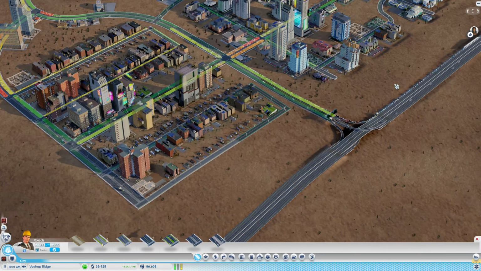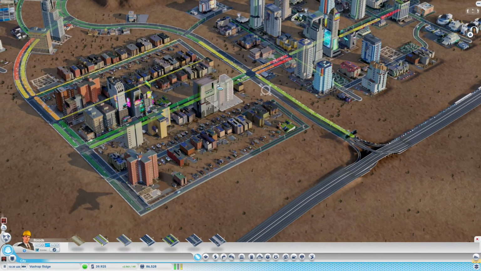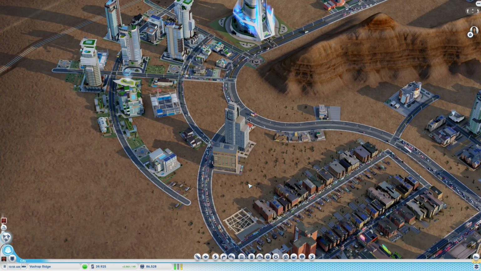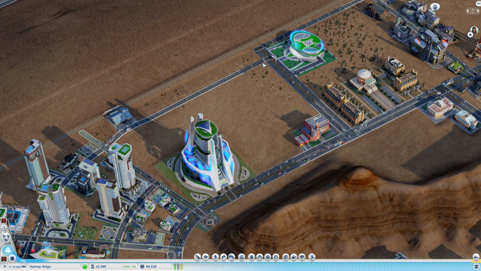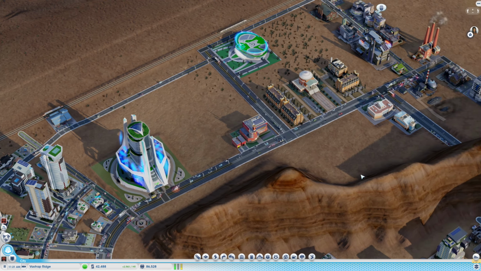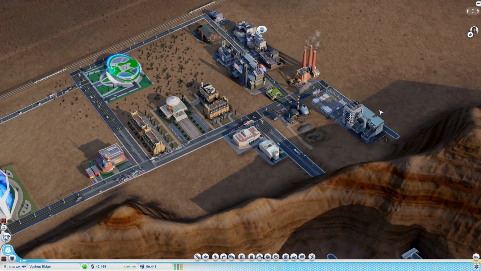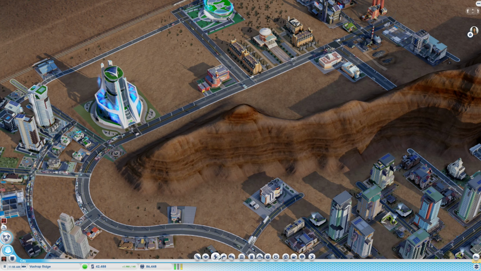Okay, so here is where we hit a bit of a problem with SimCity, right? Traffic is quite terrible. People going back and forth through all these places. They need to get to work. Some of them use these smaller roads, some of them use these higher roads. Can we